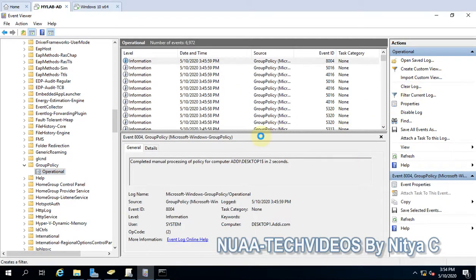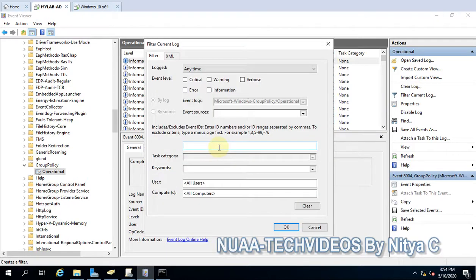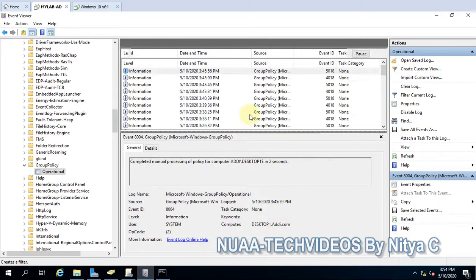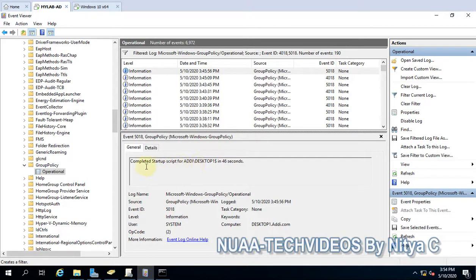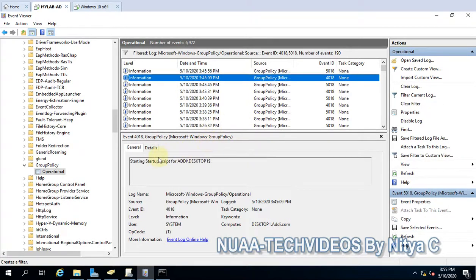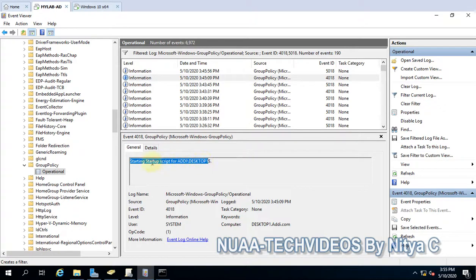Okay, I'll filter because I know what logs are there. That is 4018, while the batch script start, and 5018, these are the events which are generated. Okay, so you can see here starting script, startup script.